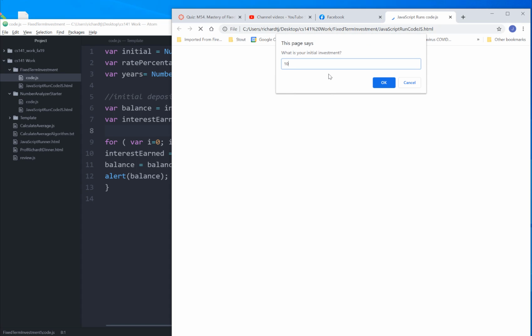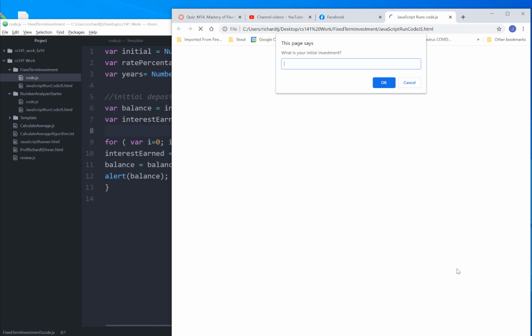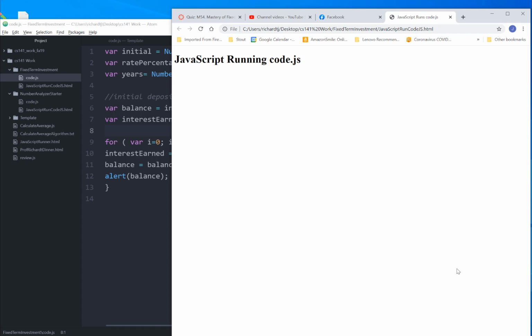Well, I know the numbers for 1,000, so let me use those same numbers, 10% and 3 years. Oh, it's still working, so very good. Now, if we use different numbers, we want to make sure it's still working. So let's run it again. Let's say I only have $100, and I'm only going to earn 5% interest. And I'm going to leave it for 10 years. Well, that makes sense. You're earning about $5 a year. And so it looks pretty good, except that